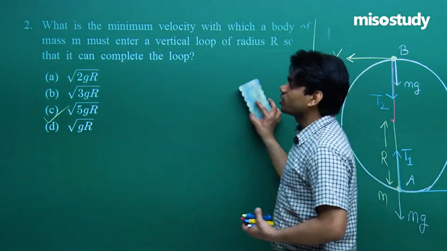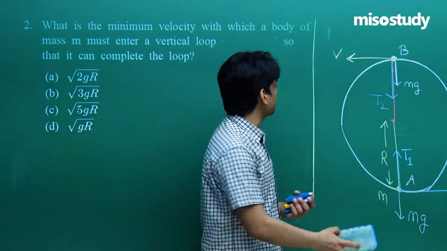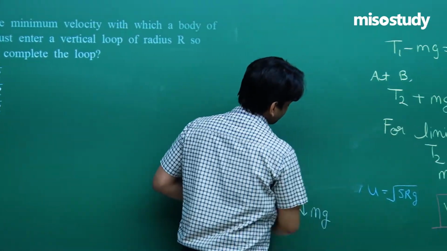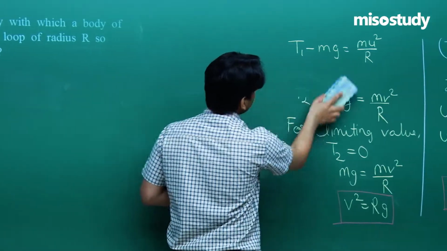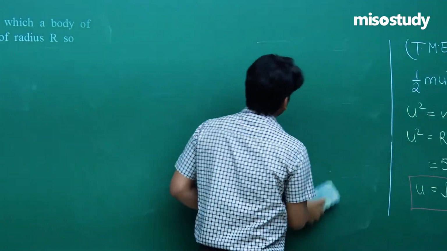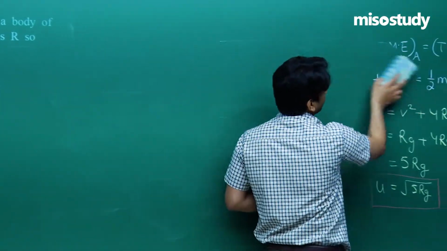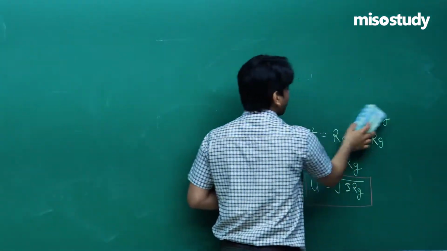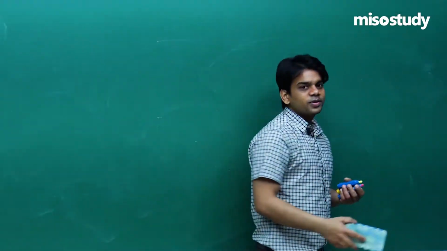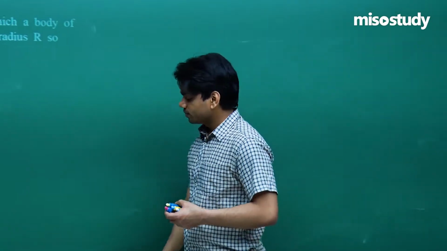I hope you have understood how to solve this question. It is an easy question, and you should do it on your own to understand how to solve it. The tension and force equation at the bottommost point A was not required, but I showed you how equations can be framed if you proceed stepwise. Let's go ahead with the next question of the day.